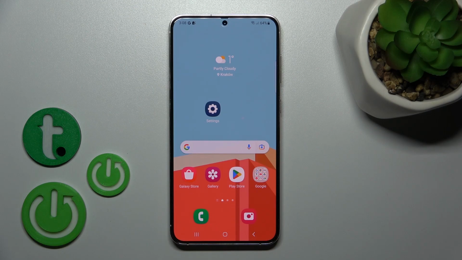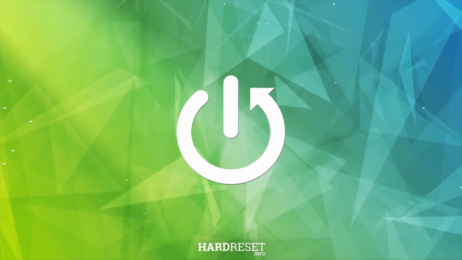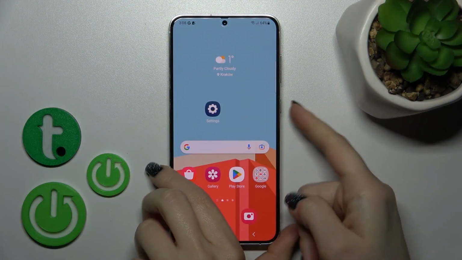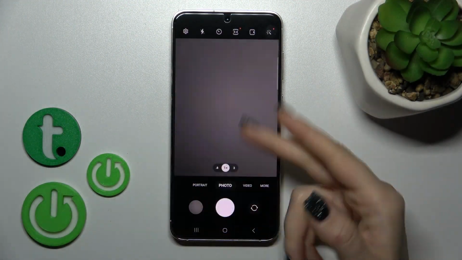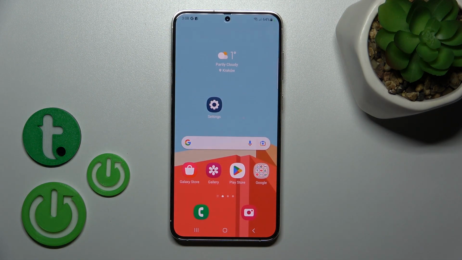Hi, today I'm here with Samsung Galaxy S23 Plus and I'll show you how to customize Quick Launch on this device. So now by double pressing the power key button, we can open the camera app, launch the camera application, and